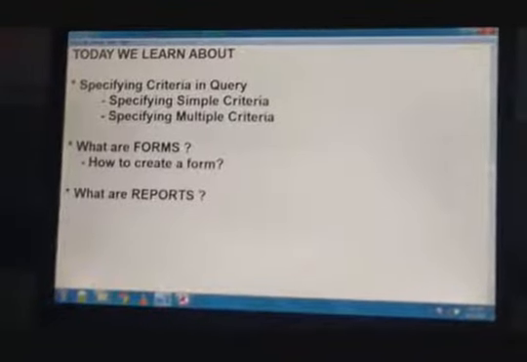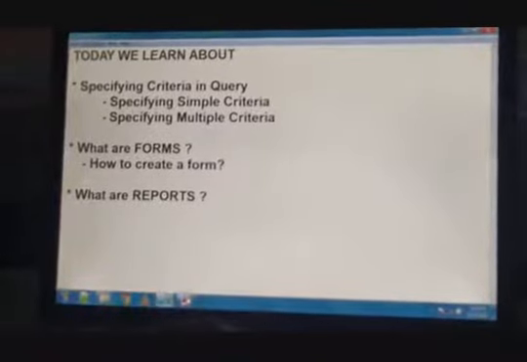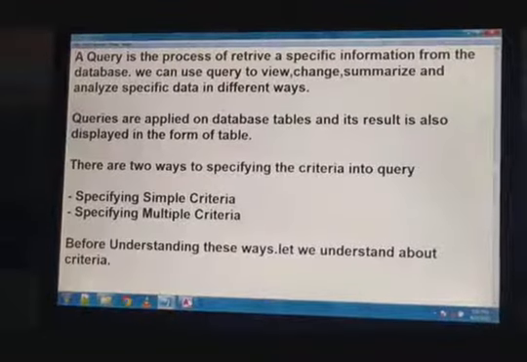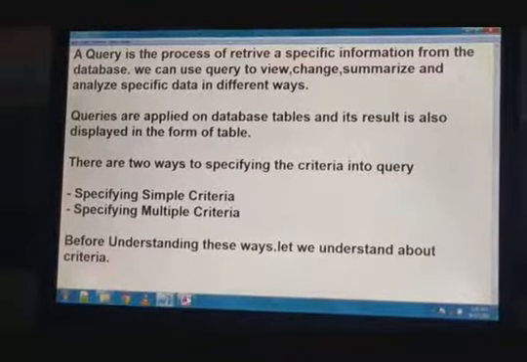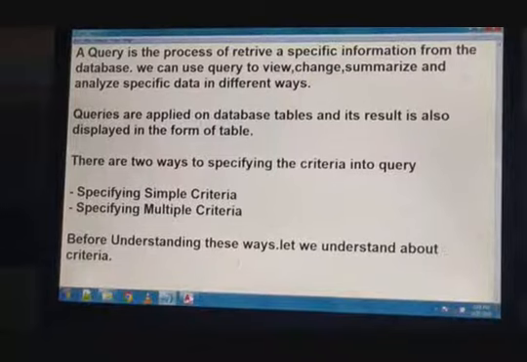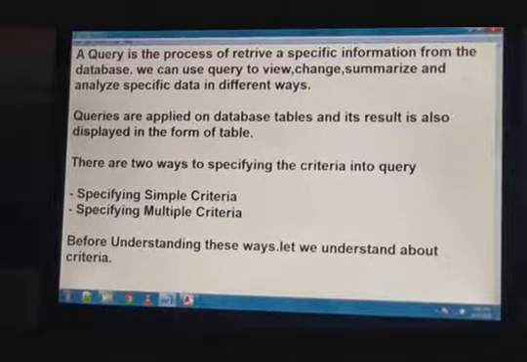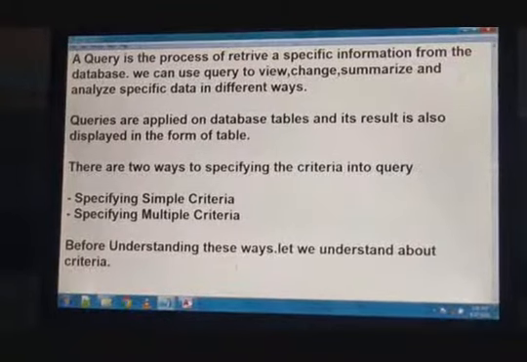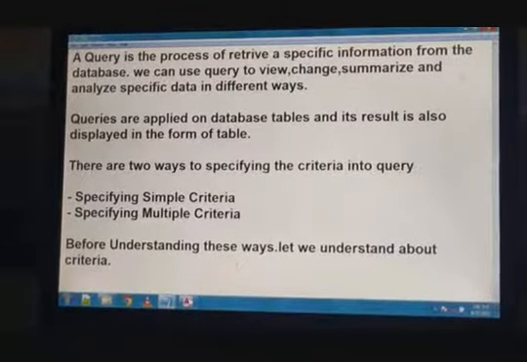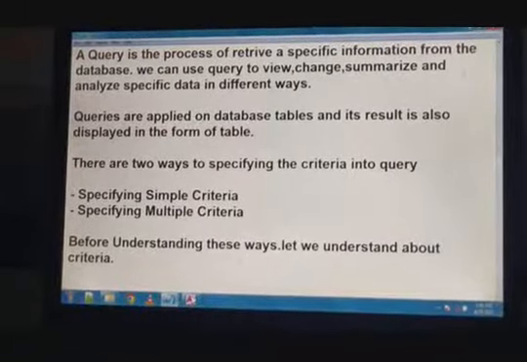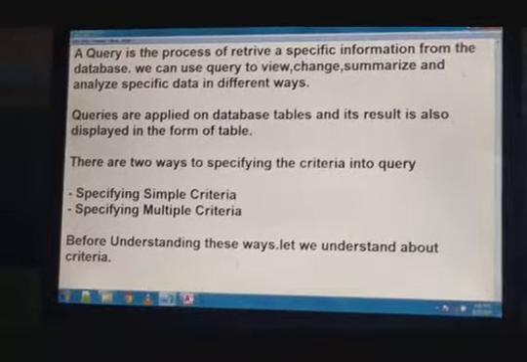So let's start. What is specifying criteria in query? Students, as we already understand, a query is the process of retrieving specific information from the database. We can use a query to view, change, summarize and analyze specific data in different ways. Queries are applied on the database tables and the result is also displayed in the form of a table.